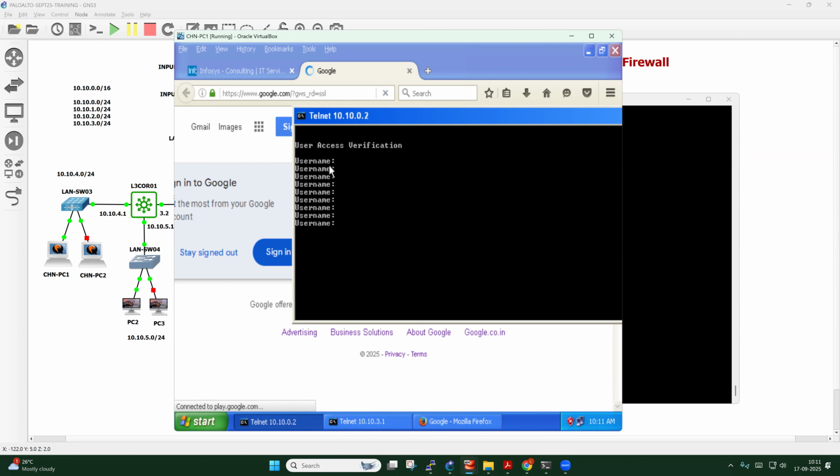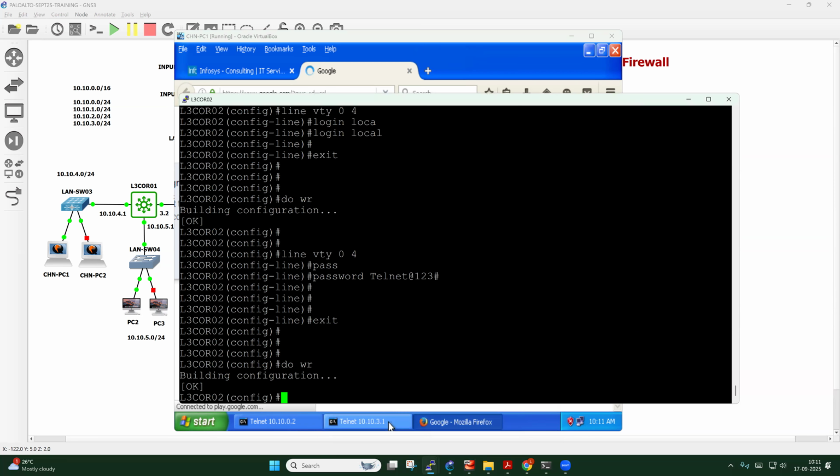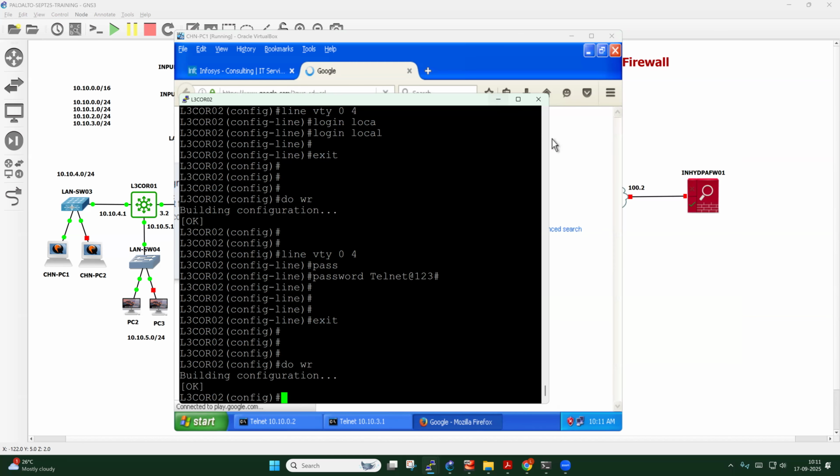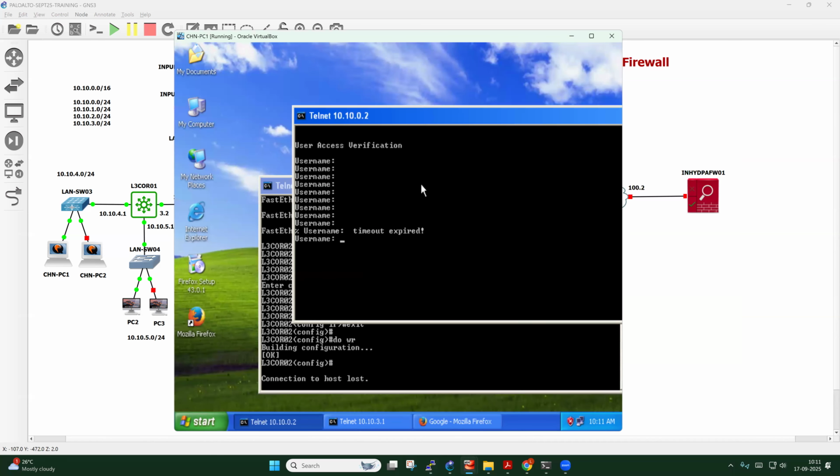10.10.0.2 अपना L3 वाला है ना? मतलब कोर 2 है ना? कोर 2 पे ही कर रहा था ना मैं। हाँ, कोर 2 पे कर रहे थे, करेक्ट। टेलनेट के लिए पूछना चाहिए था वो। ठीक है, एनीवे देखते हैं।